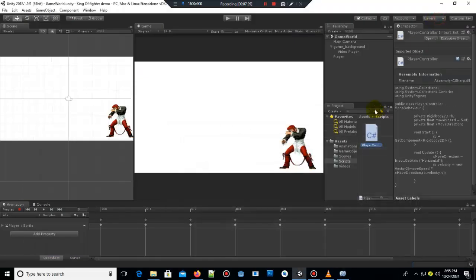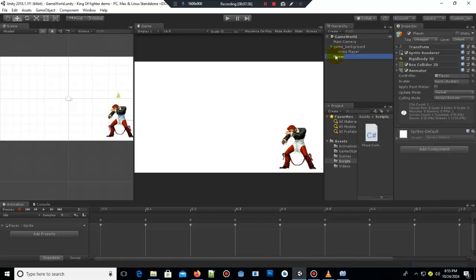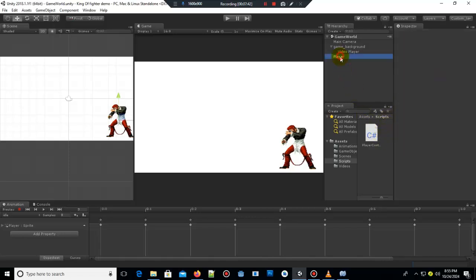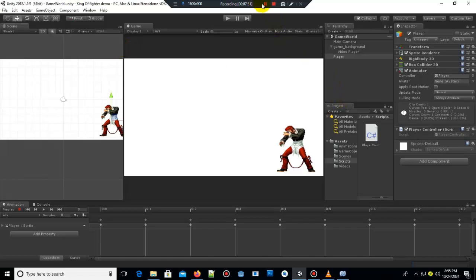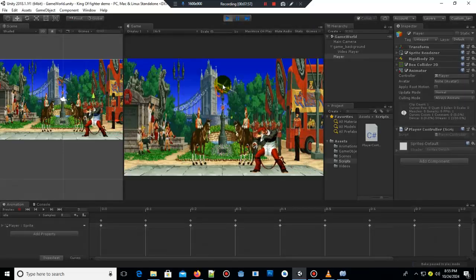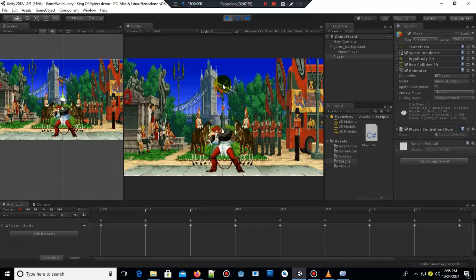Let's close this one and then select the player and attach the script. Now let's try to play to see if we can move our player. As you can see guys, we can move the player,